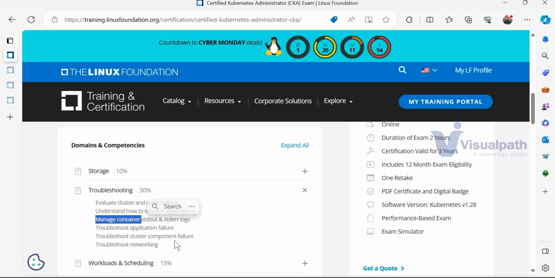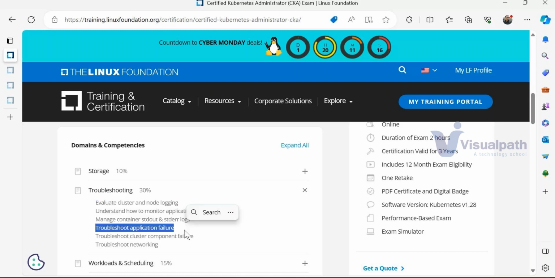Then troubleshooting application failure. My application could fail because of n reasons: maybe infrastructure, maybe the OS, maybe the backend, maybe the front end, maybe something else, maybe an upgrade, somebody upgraded and my application crashed because the version is not compatible. Anything. So here we will do it completely end to end. Why should the application fail? Because my end goal is that the application should be up and running 24 by 7, 365 days. We will build our knowledge up to here, and then we are responsible to troubleshoot and keep our application always up and running.